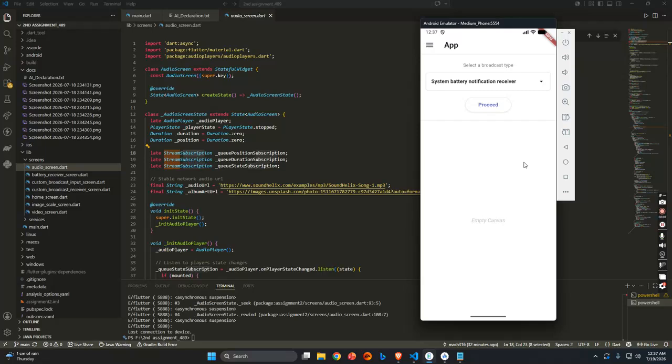Today I'm excited to present my Flutter application designed for multimedia streaming and broadcast handling. This project demonstrates how we can bridge high-level UI components with low-level Android system events and multimedia services. The application is structured into four main modules: multimedia streaming for audio and video, interactive image scaling, and advanced broadcast handling. In the next few minutes, we'll dive into both the user interface and the technical code